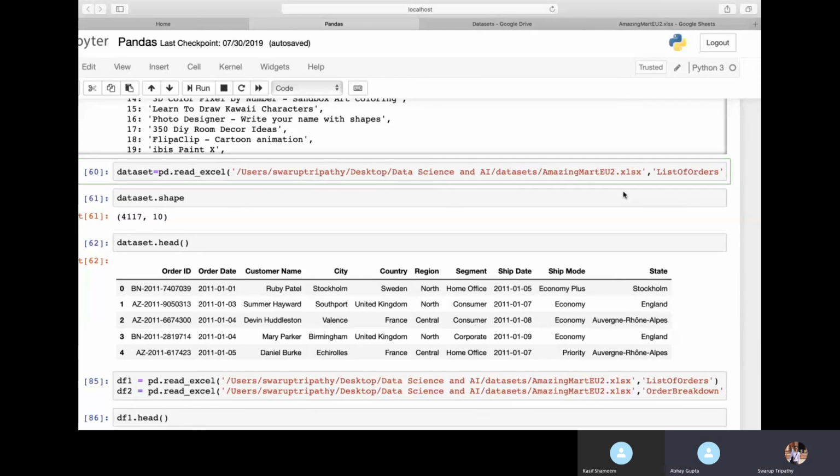If I want to see rows 22 to 25, then you have to use data.iloc. We have done that earlier, data.iloc starting from the 22nd index till the 25th, whatever you want. Okay, I'll see.